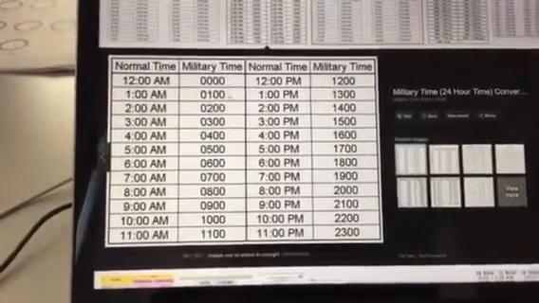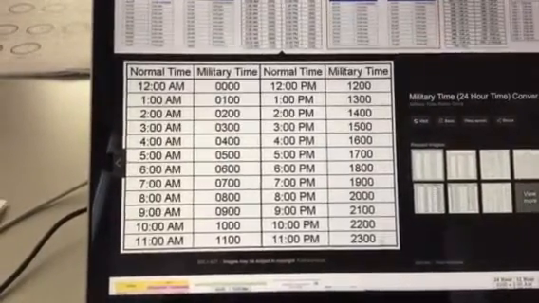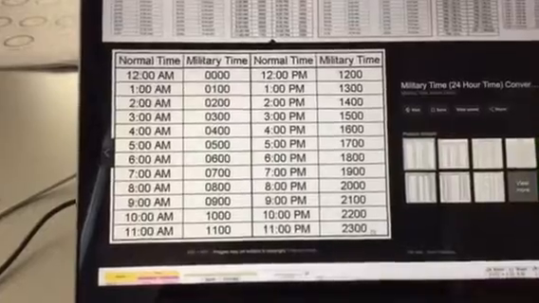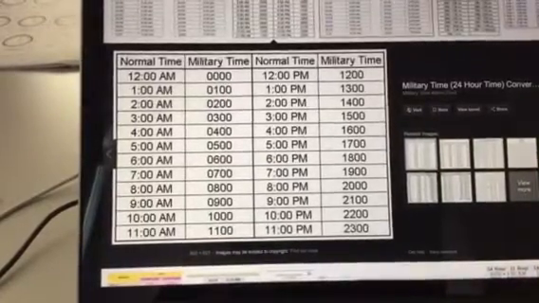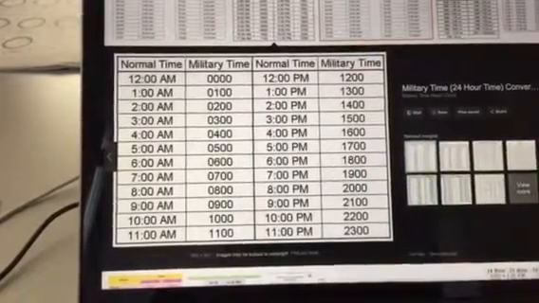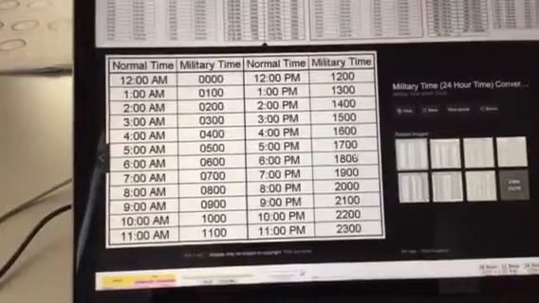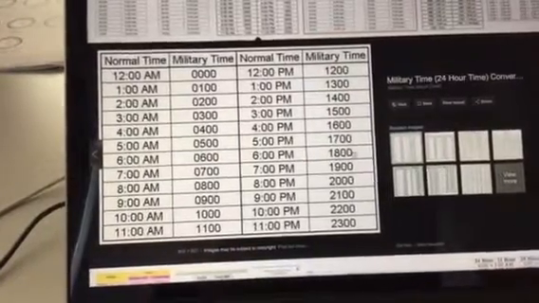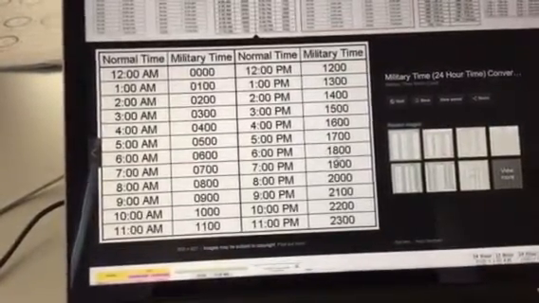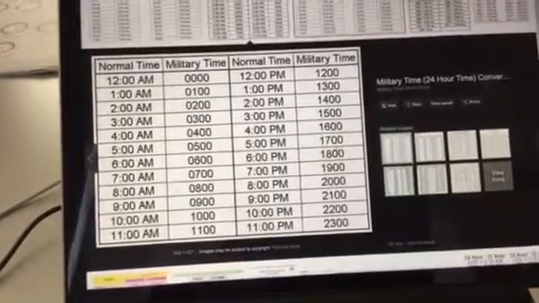Notice in military time, there's no AM, there's no PM. If I say 6 o'clock, it is 6 in the morning. If I say 18 o'clock, in your head, you have to subtract 12 hours from it. Okay, so all of these numbers on this side, if you're trying to work out the time in 12-hour time,